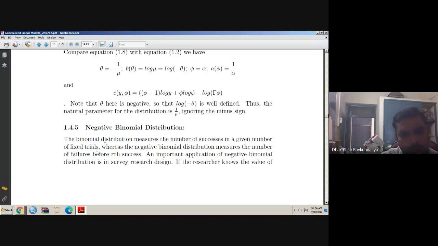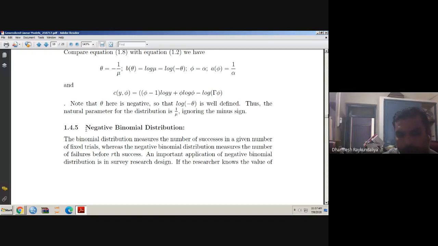Negative binomial is also known as the inverse binomial. As I told you, we find the number of successes in a given fixed number of trials, so that the model is said to be a binomial distribution model. And in negative binomial, how many trials are required to achieve the r-th success. So the number of trials is random, and r successes is fixed. However, in the binomial, r is random and n is fixed. That is how it is a negative binomial distribution.